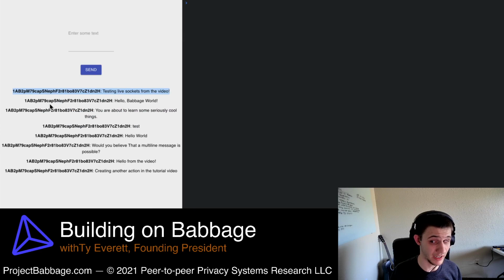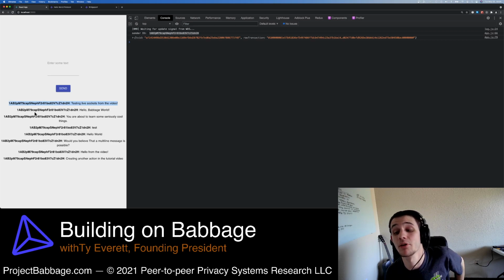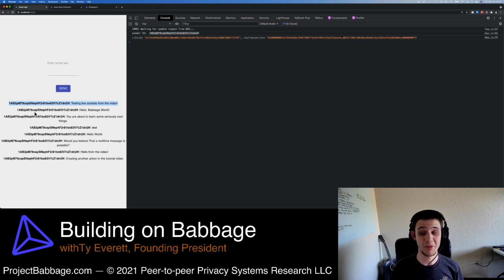This concludes the coding portion of this tutorial. We now have an application, a global message board, where anybody can post messages using this Bridgeport Bridge system, using action-oriented programming. So apps in Babbage have two mandates. The first is that people need to create actions, and then the apps need to take the intent of the user as they create their actions and clearly convey that using an action protocol. That's the writing of data to the blockchain using the create action function. So that's the writing portion of what apps do. The reading portion of what apps do